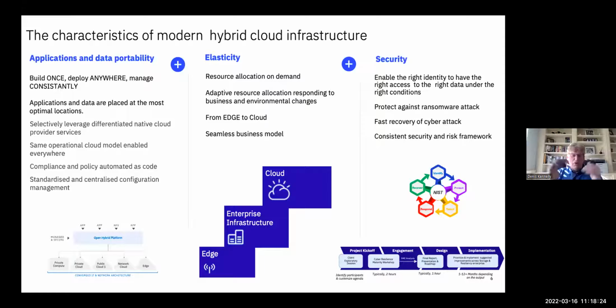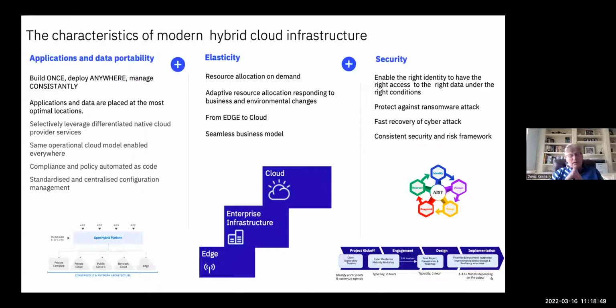The traditional approach was to deploy an application based on a worst-case set of scenarios. Obviously, that's not cost efficient and doesn't make sense in a cloud model. So being able to adapt resource allocations to the environment. And again, with containers in conjunction with Kubernetes, you get that elasticity layer, and being able to do that right across the environment.